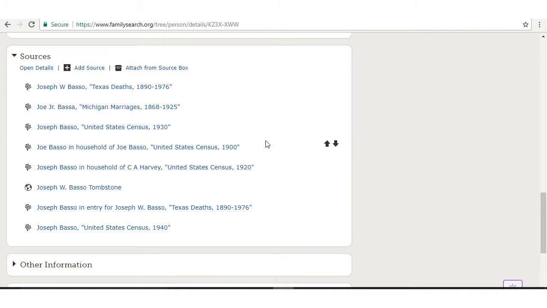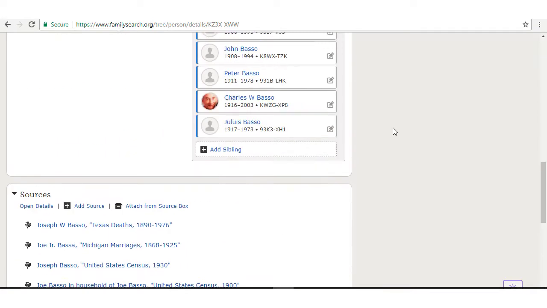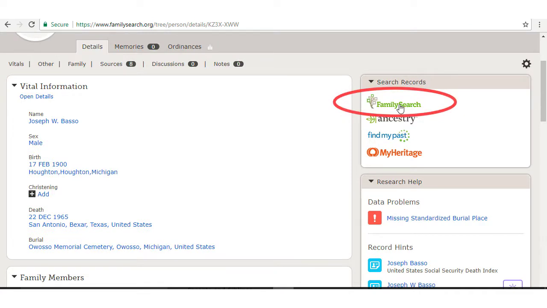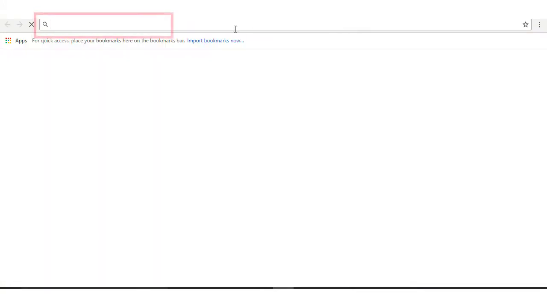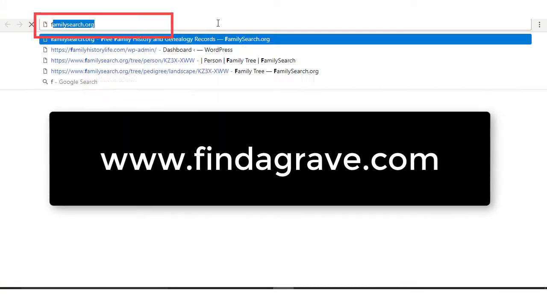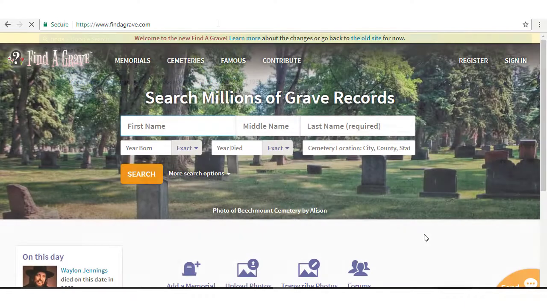Now, as far as I know, not everything from FindAGrave is indexed on FamilySearch. So I use FindAGrave as a source. If it doesn't pop up in the searching up here under FamilySearch, I will go ahead and open another window and go to FindAGrave. Let's do that right now so you can see. The record is not indexed on FamilySearch. If I don't see a tombstone record on an ancestor, I will come look on